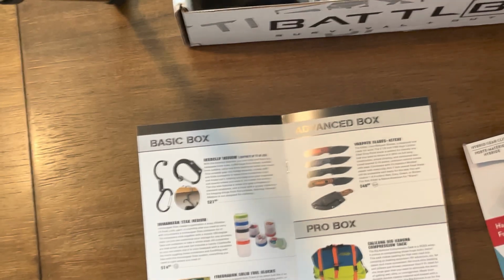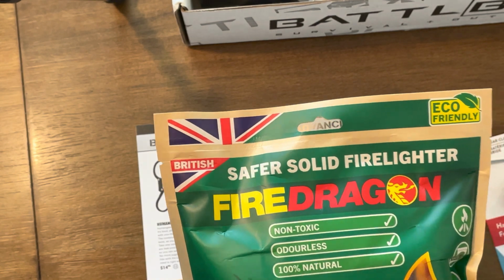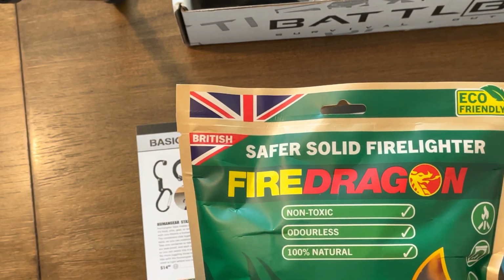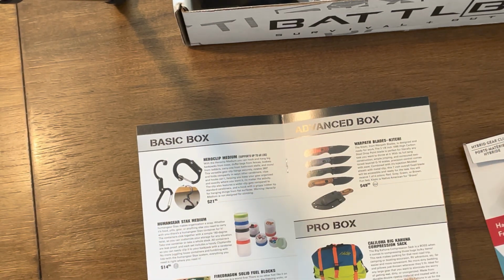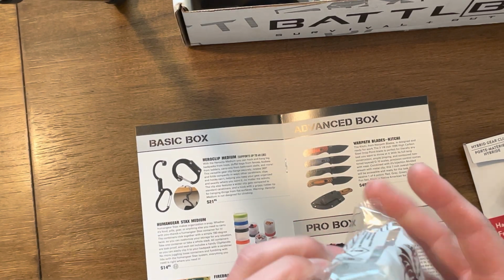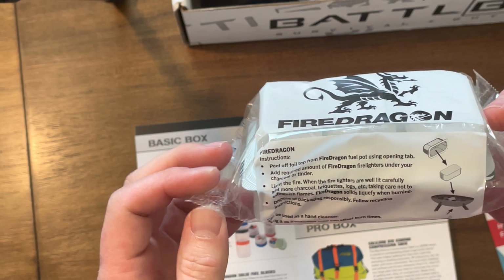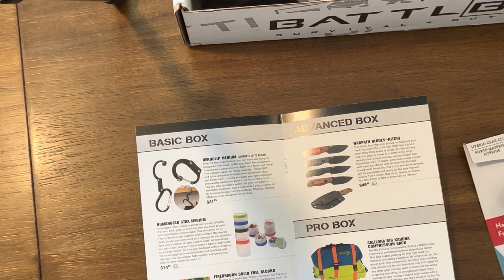That's the basic box. Next, this is the last item in the basic box, which is the Fire Dragon. Made in the UK, it looks like. It's British, non-toxic, odorless, and 100% natural. There's 12 blocks in here. Just looking this up. I do believe, yep, these are sealed. And they come like this, sealed again. And you basically take this one little cube here,